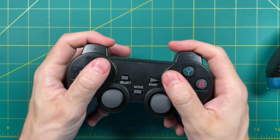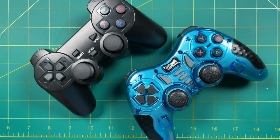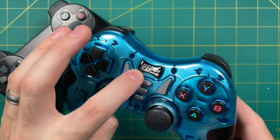And I had both my kids test each controller, and they easily decided they like the Super Console X Pro controller better than this Pawky Box one. So something to keep in mind if you're thinking that this might be an upgrade. It may not be. Okay, plugging in the box here and booting it up, you get a nice splash screen,